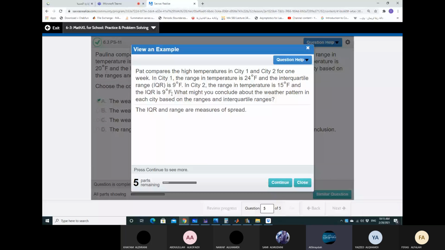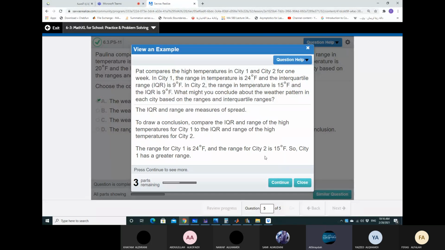So what might you conclude about the weather pattern? The IQR and the range are measures of spread. We know that. To draw a conclusion, compare the IQR and the range of the high